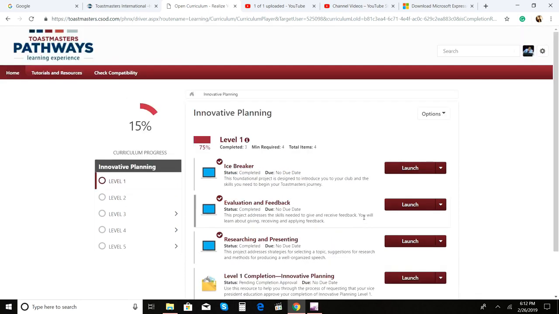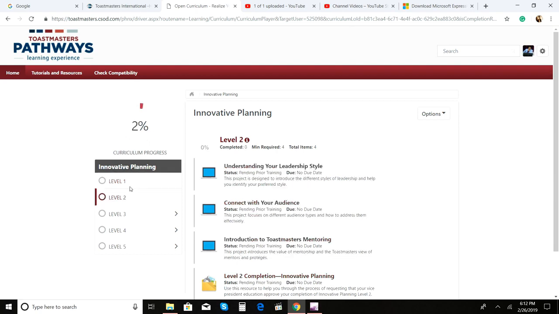Okay, so this is the way how you will select a pathway and how you will complete your projects. So it will be again level 2, level 3, level 5. So that's it for the day,